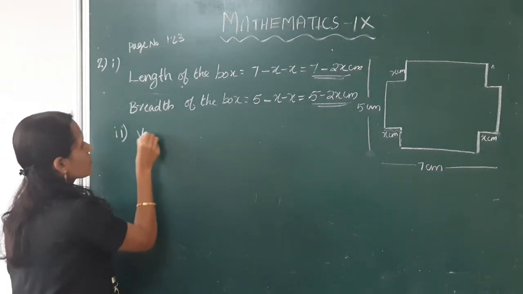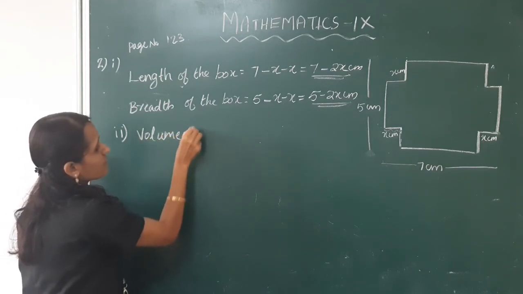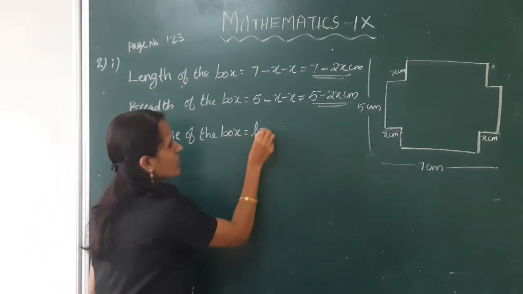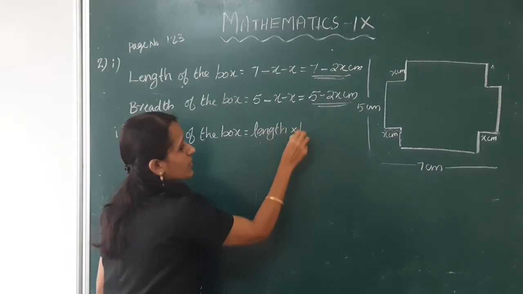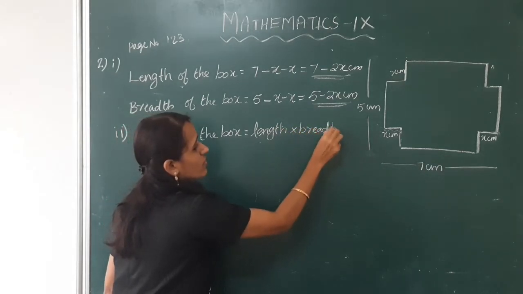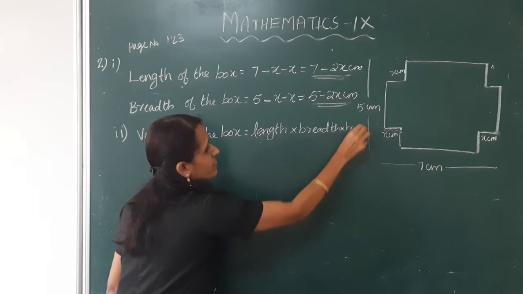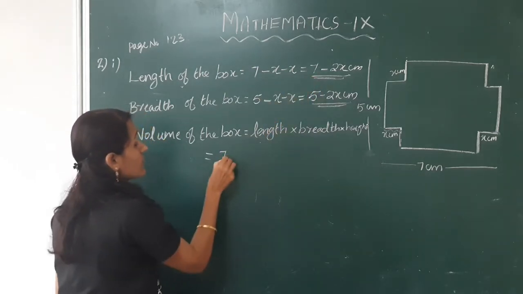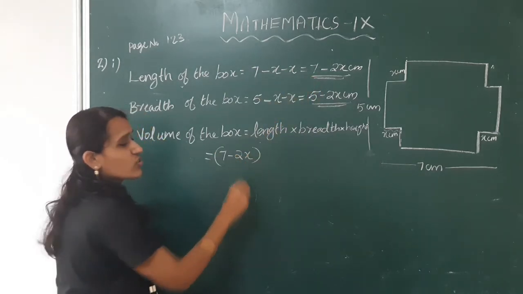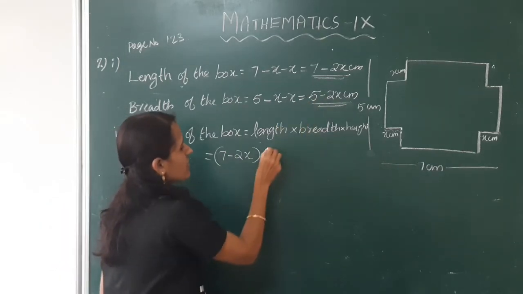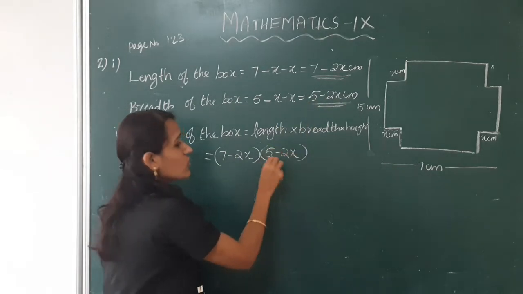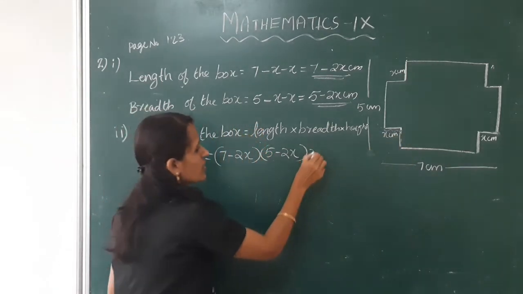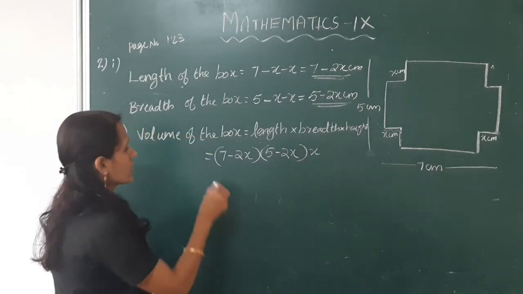Volume of the box is equal to length into breadth into height. Okay, here length is equal to 7 minus 2x into breadth is 5 minus 2x into height. Here height is what? x centimeter. Okay, this is equal to,